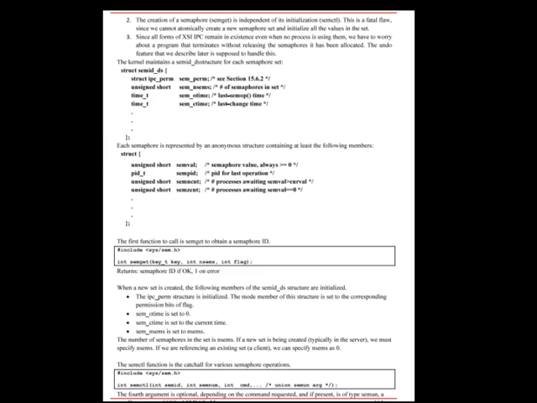XSI semaphores are unfortunately more complicated than this. 3 features contribute to this unnecessary complication. First, a semaphore is not simply a single non-negative value. Instead, we have to define a semaphore as a set of 1 or more semaphore values. When we create a semaphore, we specify the number of values in the set.